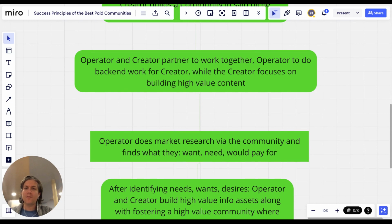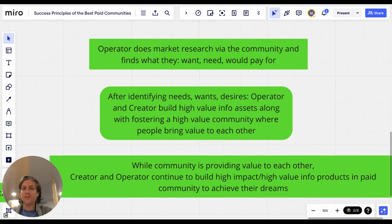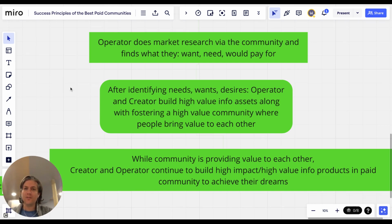Operator to do back-end work for the creator while the creator focuses on what they do best, which is building high-value content. It's almost impossible to do both well. The operator does the market research then via the community and finds what they want, what they need, what they would pay for, etc. And it's only by doing this, you take a ton of calls and take a lot of great notes and figure out